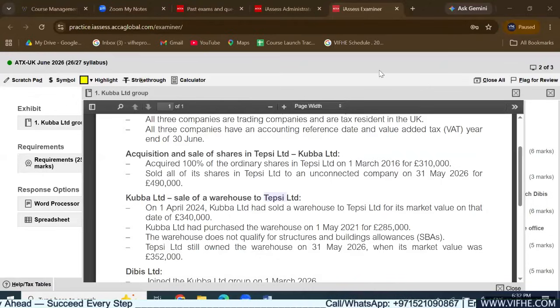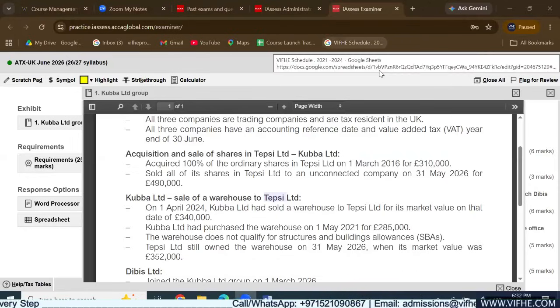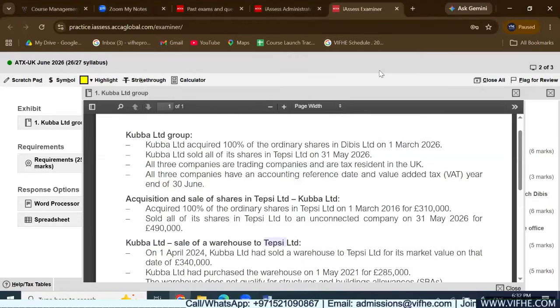So the degrouping charge will become exempt as well. But for instance, if the substantial shareholding exemption rules were not fulfilled, and Kuba Limited had previously transferred an asset to Tepsi Limited, and now Tepsi Limited is leaving the group because Kuba Limited is selling the shares in them, then whatever the degrouping